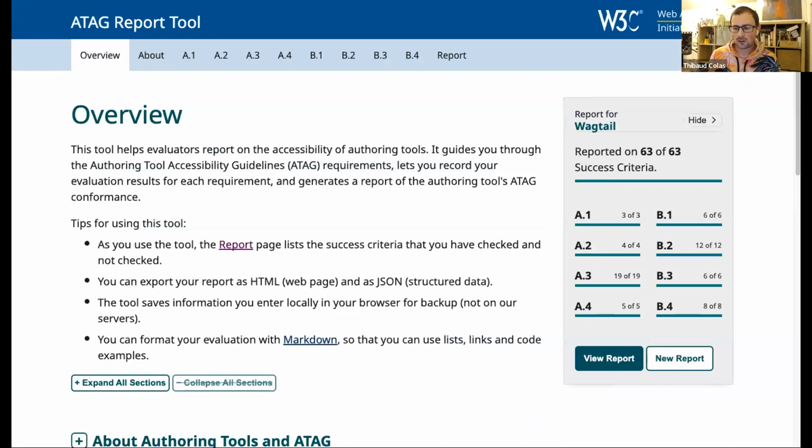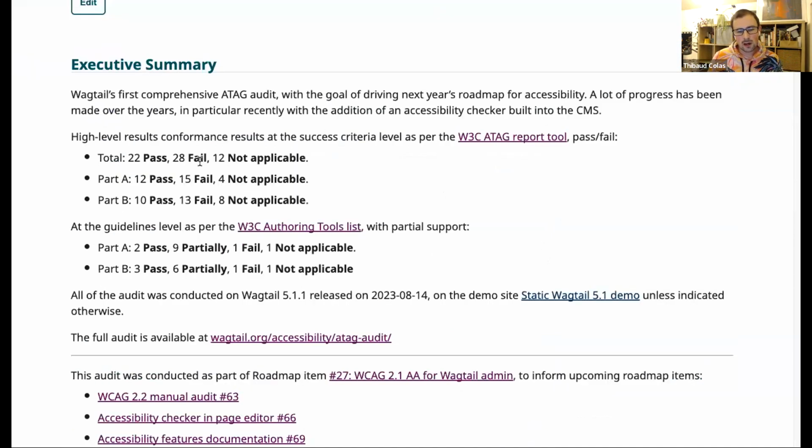So if we look at this audit in a bit more detail, there are 63 separate success criteria which we had to follow in the audit. And if we look at our results at a very high level, we got 22 passes, 28 fails, 12 not applicable. Might feel a bit underwhelming that we don't have more passes than fails, but just to be completely clear,